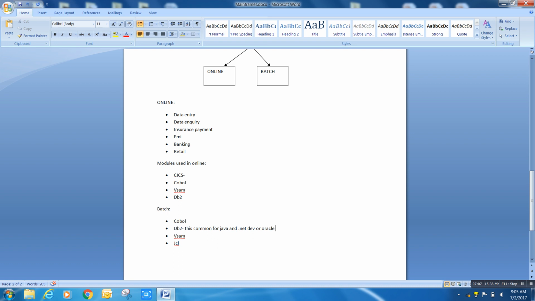This is the only module used in mainframe which is similar to Java and .NET. And this is the file concept, where files are fed to the batch programs to process the data and get the reports. Mainly batch is used for getting reports on the day and monthly statements,